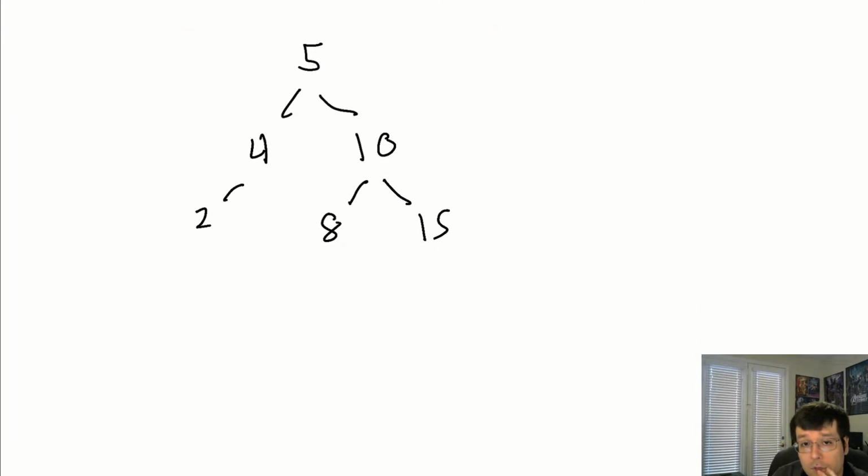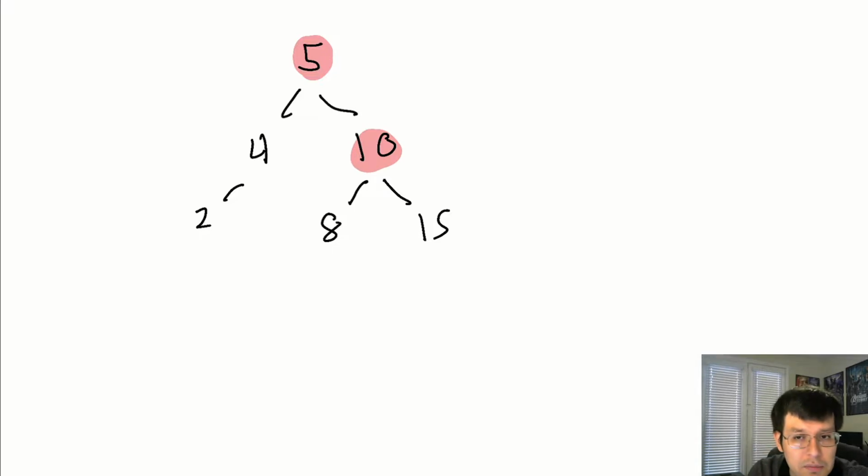So suppose that I have this tree right here. You don't know it's a tree, you just know that it's some data. And I could ask you the question, hey, is the number 8 in my data? Well, you can do it like a quiz. You can look at the 5 and say, okay, is the number I'm looking for bigger than 5 or smaller than 5? Well, 8 is bigger than 5, so let's try checking here.